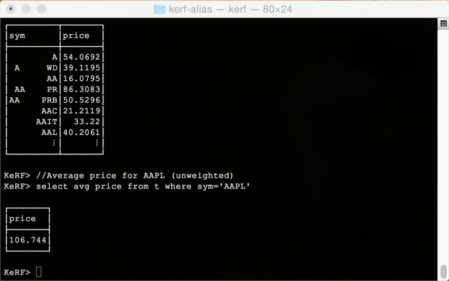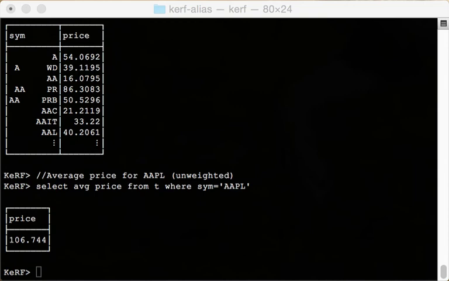And what's wrong with that is it totally ignores the volume column. So if you have, for instance, one trade that occurred at a very high price with a lot of shares, and then a lot of trades that occurred at a smaller price with a smaller number of shares, then it will average out to be something that looks very small